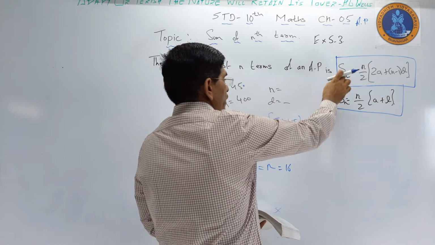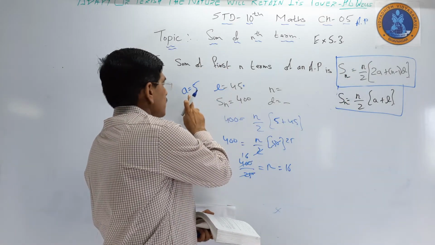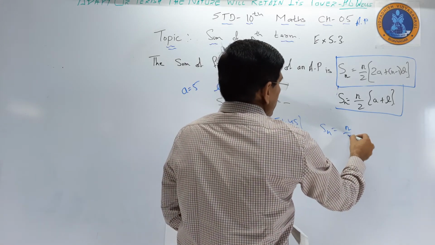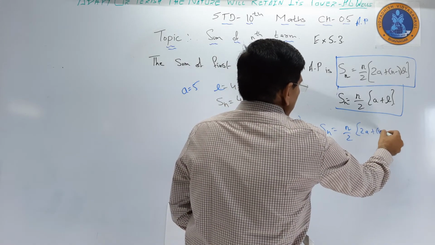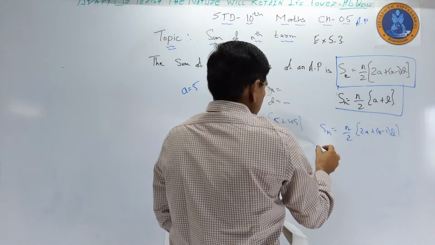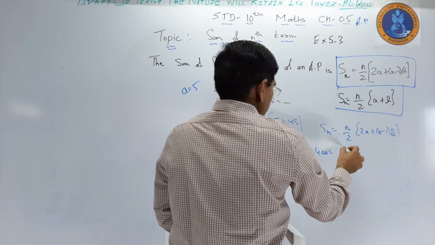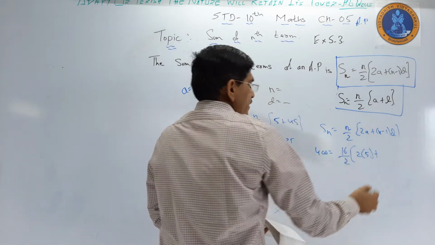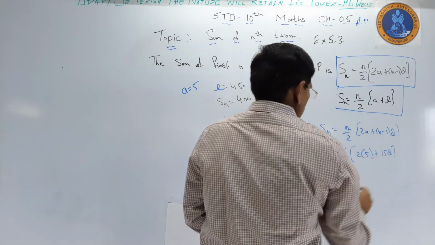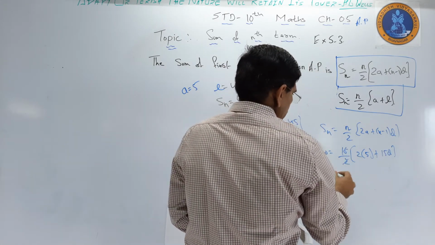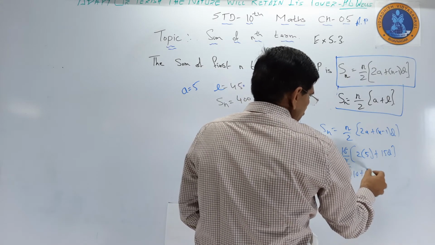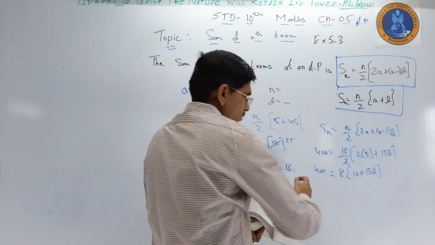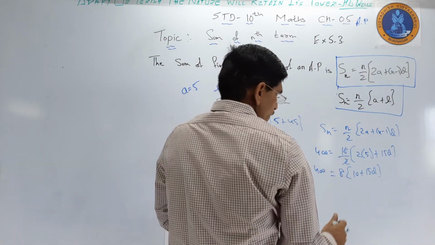I have to put this formula here. First, already you have Sn. So, Sn is equal to n by 2 into 2a plus n minus 1 d. Now, here it is given 400 and already we have got 16 by 2. First term we have, n minus 1 is 15d. So, here we can cut, that is 8, 10 plus 15d. Here I can either open the bracket or divide it. Two ways we can do.